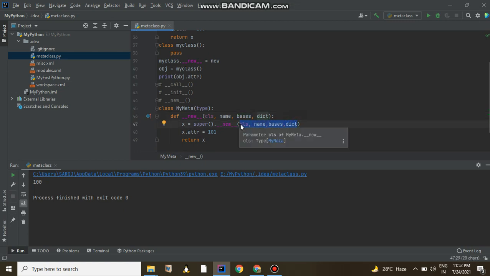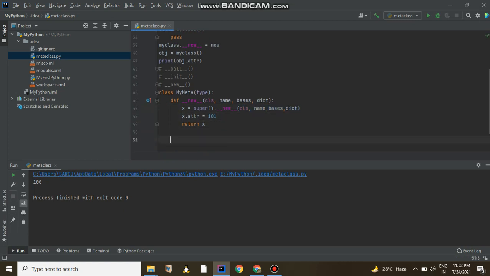We are using the new method of type to create a class, but these things are used inside the new method of my metaclass. So if you create a class using my metaclass, internally it will invoke the new method of the type class, so definitely it will create a class.